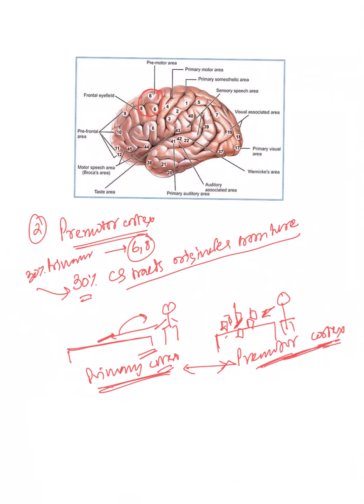Now I will go to the next slide. Now I am coming to the third and most important area, and that is the frontal eye field. We have talked about area 4, which was the primary motor area. Areas 6 and 8 were the premotor area, and to the left of the premotor area, the entire area on